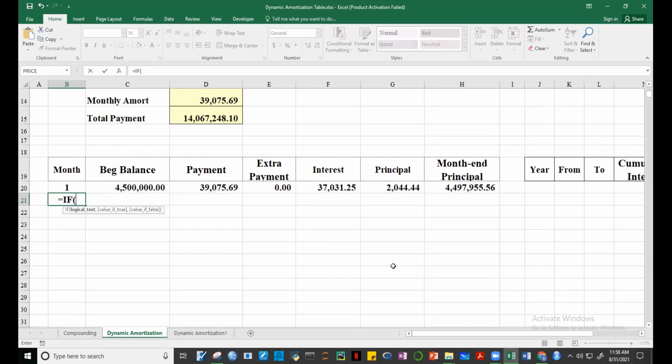Okay? So let's see. So gusto natin malaman, meron pa bang previous month? May value pa ba dito? So we'll write if this one is nothing. Okay, so yan ang test natin. Si B20 ba may laman pa? O wala na? Ang test natin, si B20 ba wala nang laman? Kung wala nang laman yan, guys, dapat wala na siyang ilalagay. Okay? Ibig sabihin, guys, yung formula na yan, kung wala nang previous month, kunyari